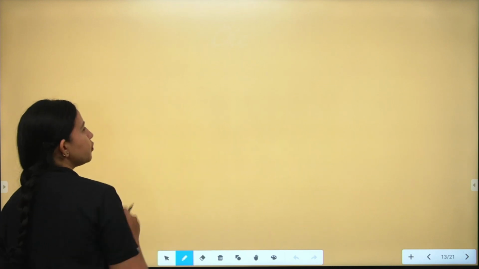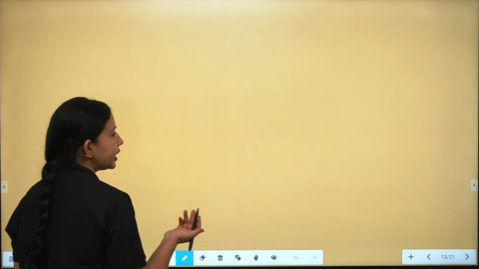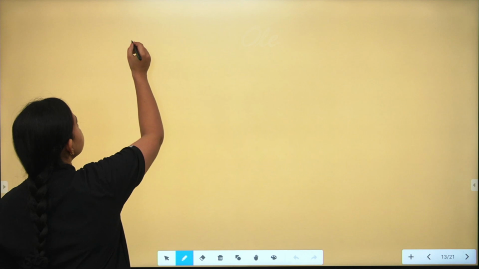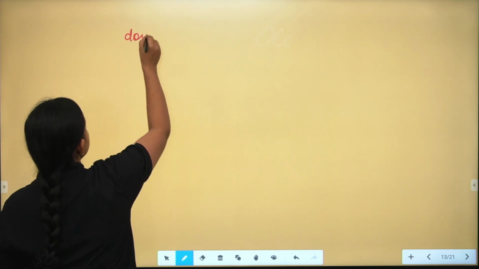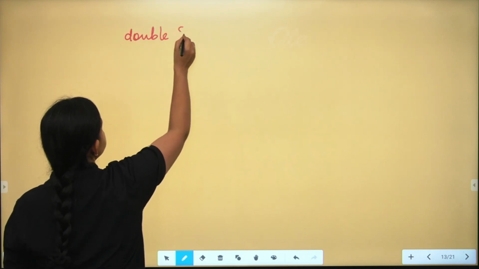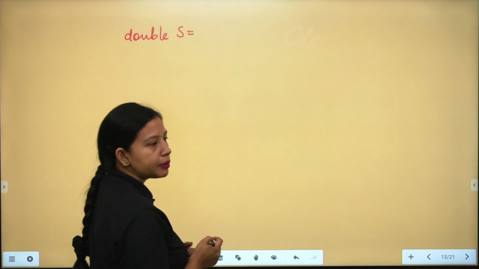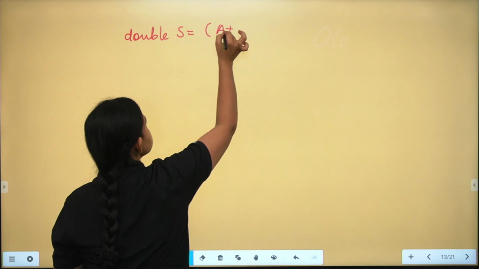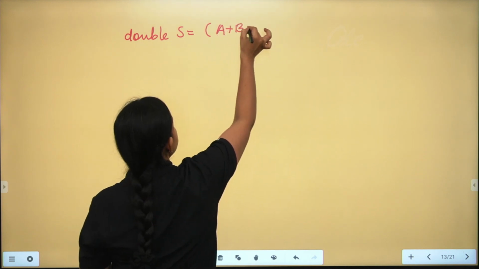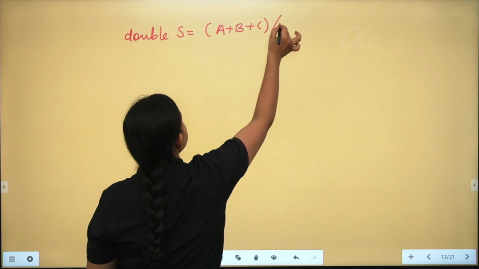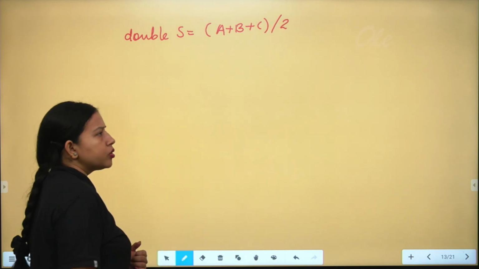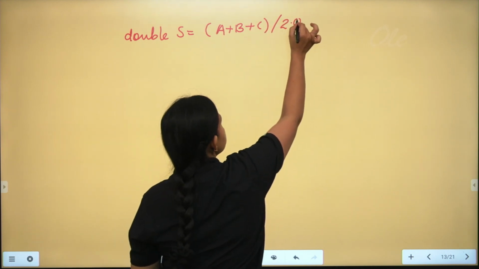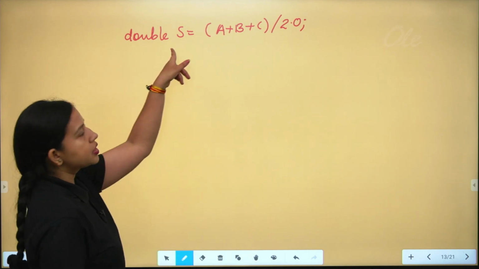So now, the first thing we need to calculate over here, what? Area or semi-perimeter? That is your semi-perimeter. So we go with a double s. What was the formula? a plus b plus c. So how are we going to write? a plus b plus c, divided by 2. You can also write 2.0 over here because you are getting a double value which is going to be stored